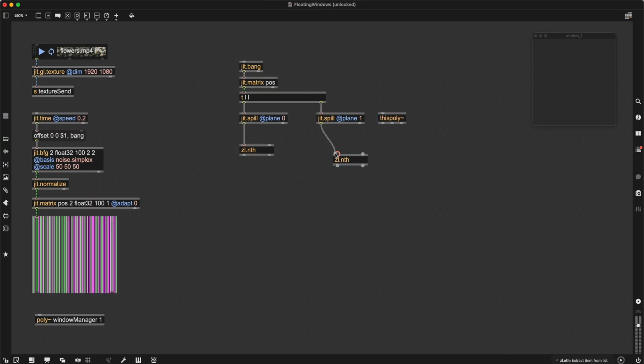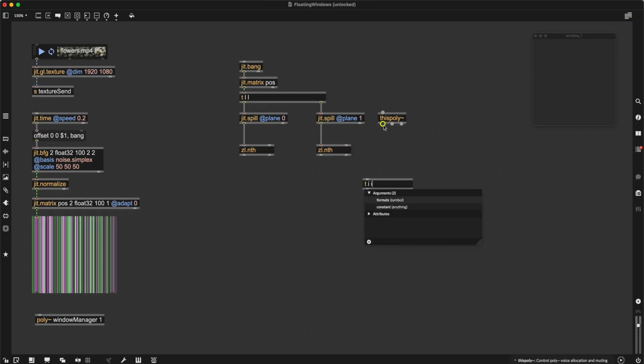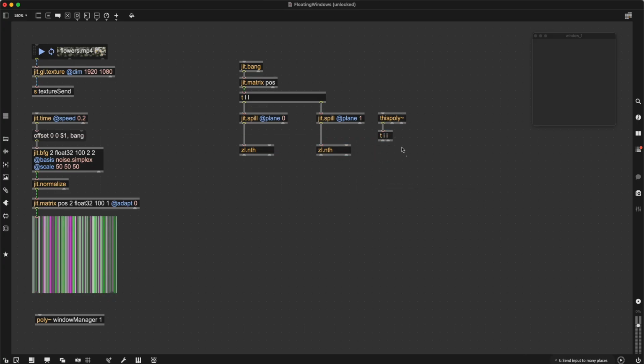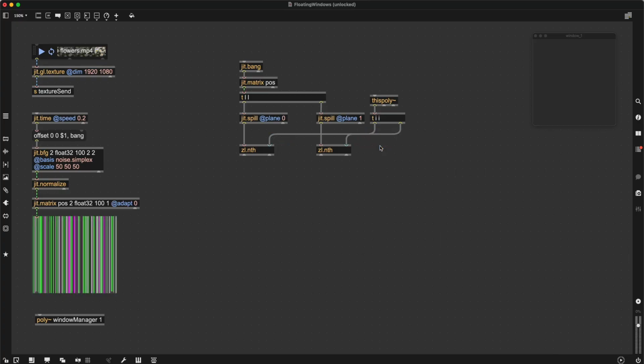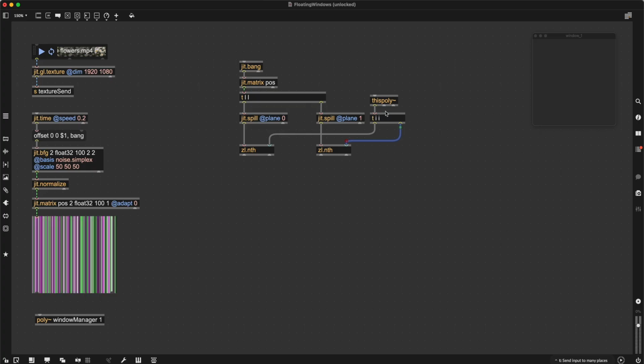So I can just copy this and put it here, then trigger integer. Put this up here, plug this in here. And again, if this is inside of our poly patcher, we will get the corresponding index for this instance of the patcher. Okay,